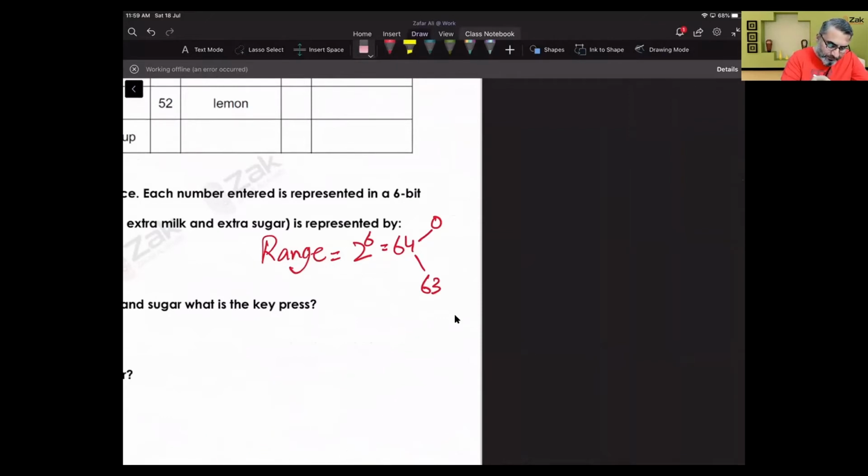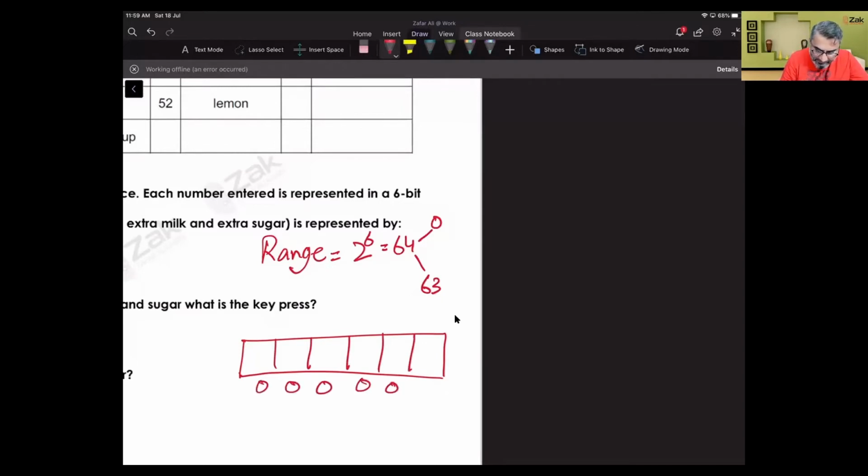अब देखें मैं क्या बताने की कोशिश कर रहा हूं. अगर हमारे पास 1, 2, 3, 4, 5 और 6 बिट्स हैं तो हम इसके अंदर सबसे छोटा नंबर जो सेव कर सकते हैं वो 0 है, और सबसे बड़ा नंबर जो सेव कर सकते हैं वो है 63. लेकिन अगर हम इन दो